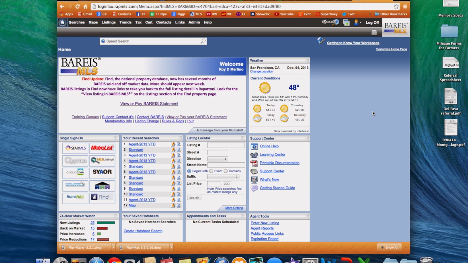Okay, so here's why you're not going to want to miss this Rapattoni Power User Workshop. In this workshop, what we're not going to show you is the basics, how to log into MLS, how to use the single sign-ons for the other reciprocal MLSs. What we are going to show you how to do is to create things like